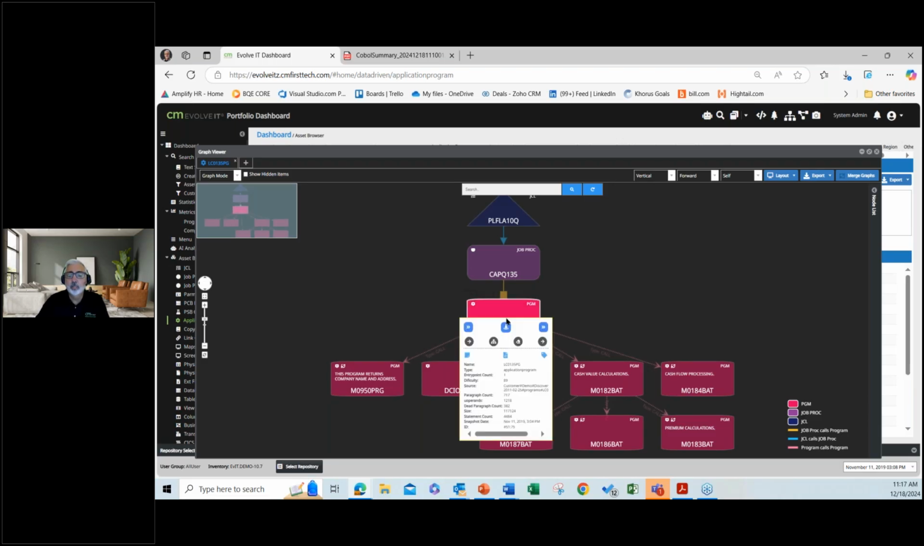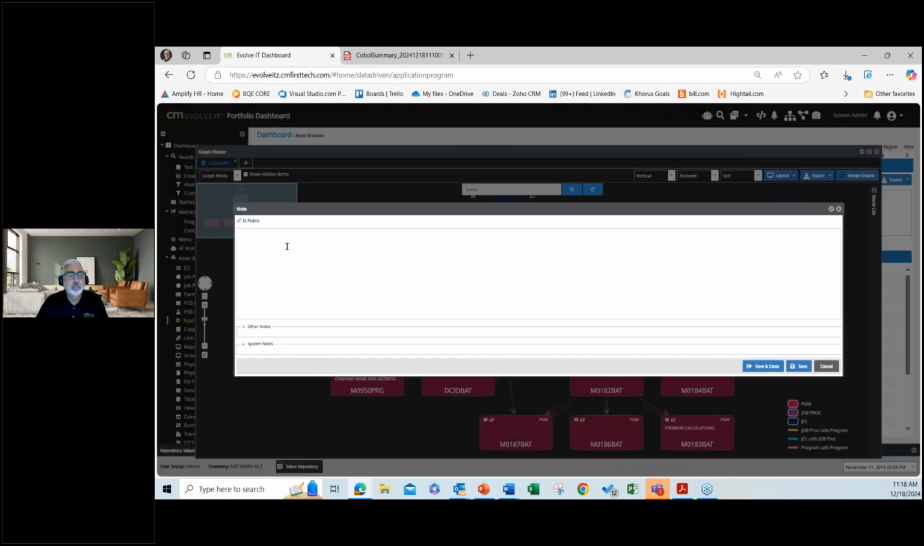Now, I will mention that all of these features that we talked about before are available from each program's perspective too, even within the diagrams. So I've got the backward and the forward relationships. I've got the ability to start over as a new graph. I can view source, just open up the source code for this program. I can add my own notes to this program. And in that case, if I add notes,